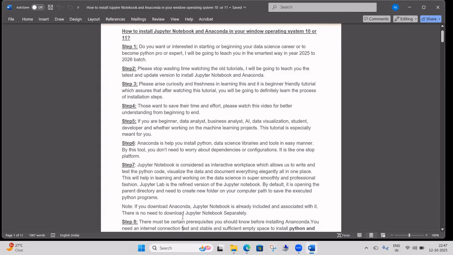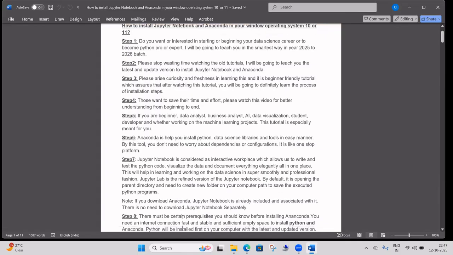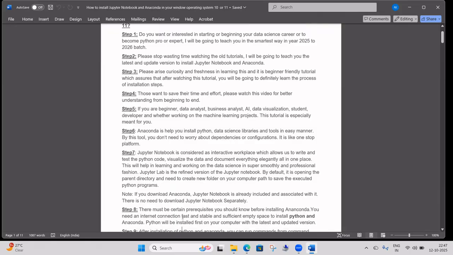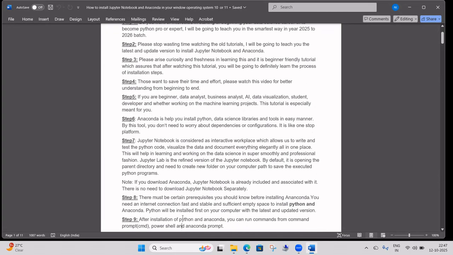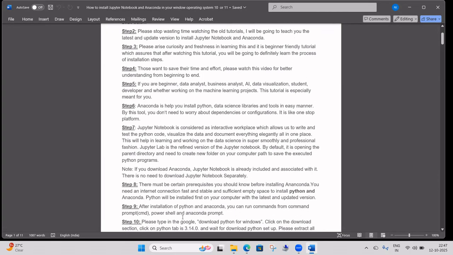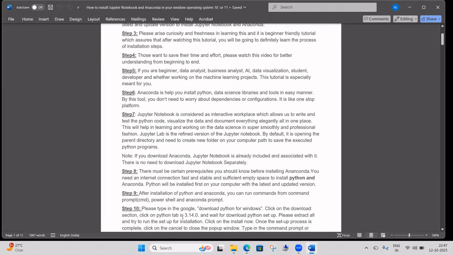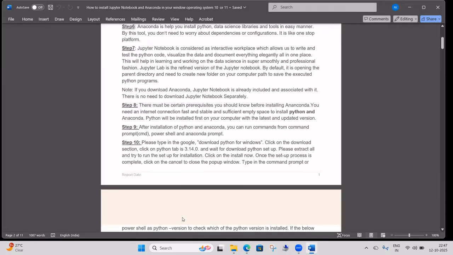Note, if you download Anaconda, Jupyter Notebook is already included. There is no need to download Jupyter Notebook separately. Step 8. There are certain prerequisites you should know before installing Anaconda. You need a fast and stable internet connection and sufficient empty space to install Python and Anaconda. Python will be installed first on your computer with the latest updated version. After installation of Python and